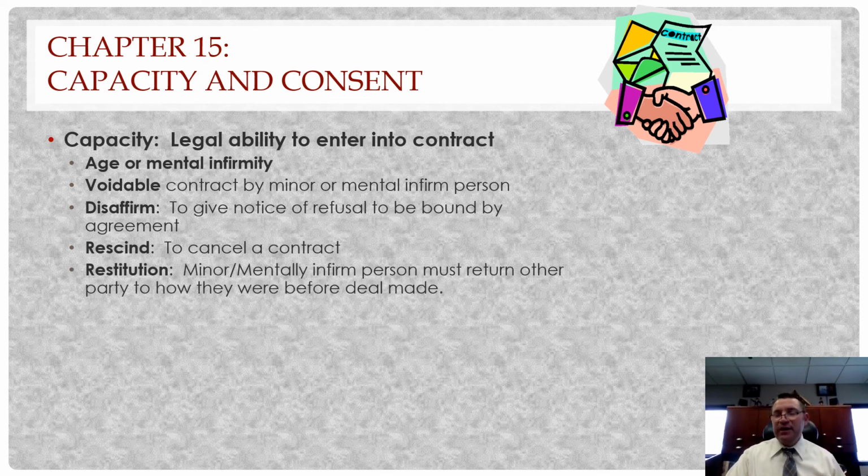Now, restitution, again, like I talked about earlier, don't think you're going to be getting away. The court's still going to require that minor or mentally infirm person to return the other party to how they would have been before the deal was made. Now, they don't get the full, right? They don't get all the labor. They basically either get the item back, which is where they were before, or the item back and some sort of compensation if it's already in, right, the car, say, going to get them whatever fair market value is to make them whole for their time lost. Right?